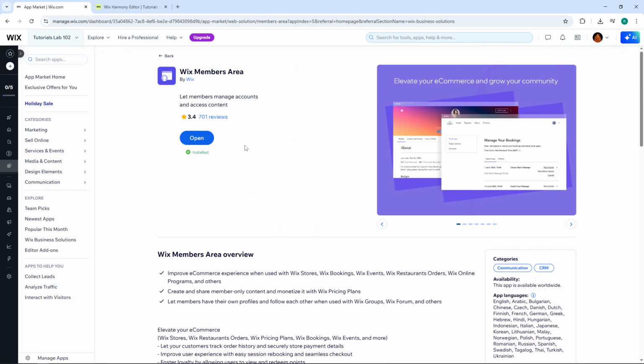Keep in mind that you might see a different button here if the feature is already pre-installed on your site. In that case, the Add to Site button would be replaced by an Open button, which serves the same purpose of activating the feature. The installation will now start, and all you have to do is wait for it to